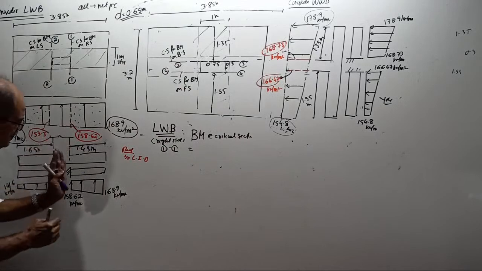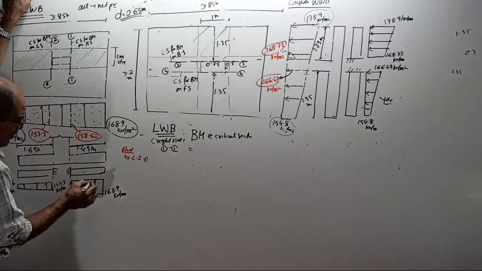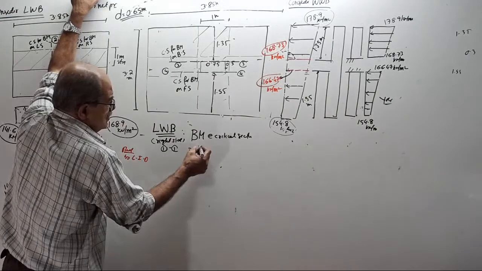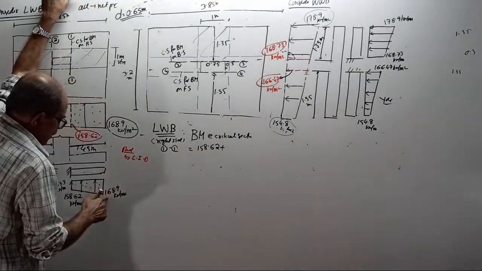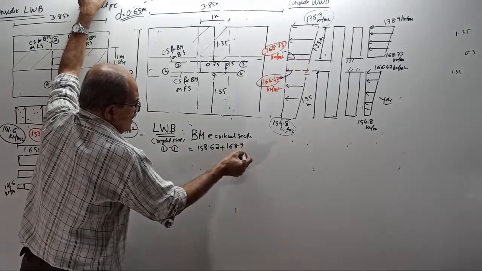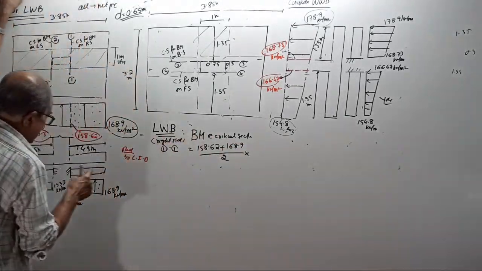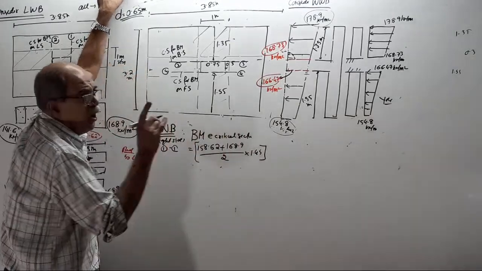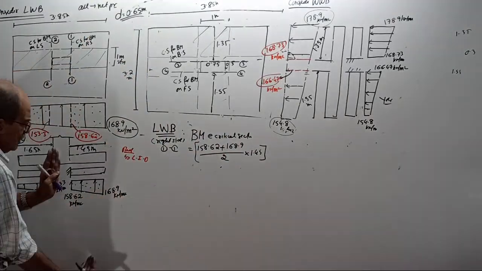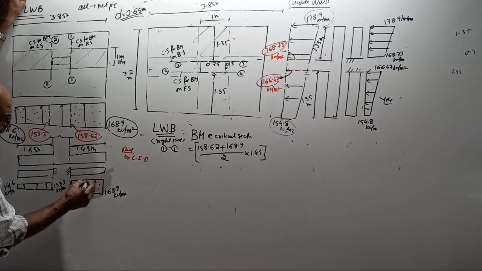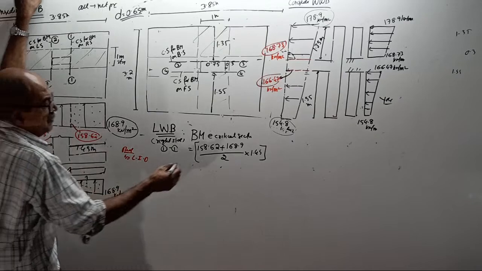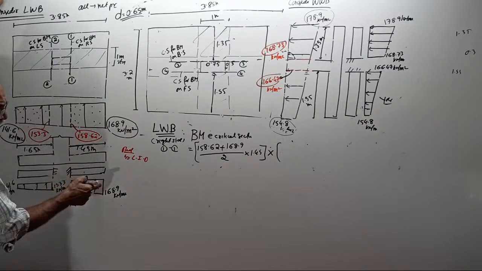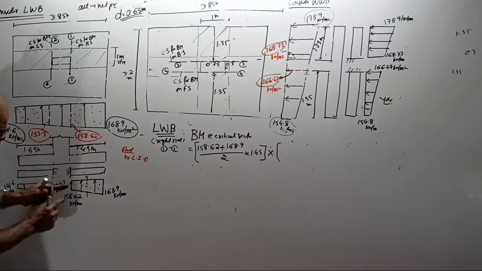Look this side. Uniformly varying load. Total load is 158.62 plus 168.9 divided by 2 multiplied by 1.45. This will give you total load, multiplied by the distance of the CG of that load diagram from here. From here I want. So, this side first,